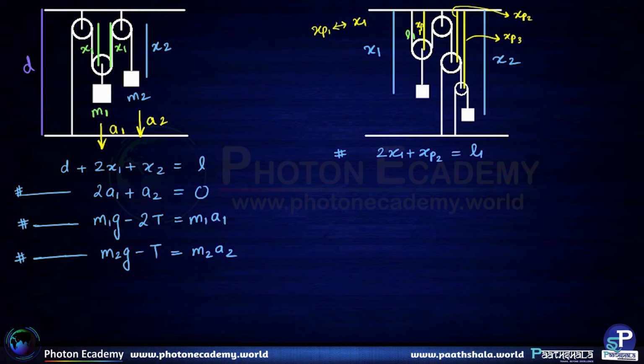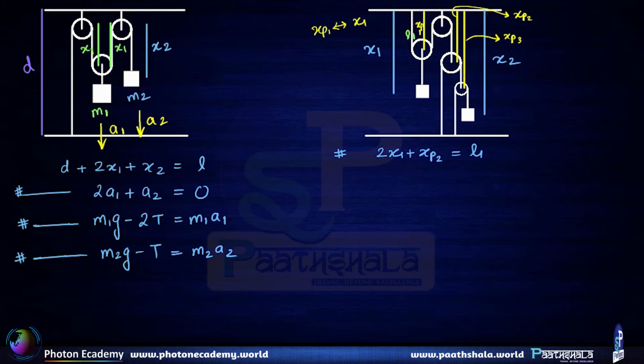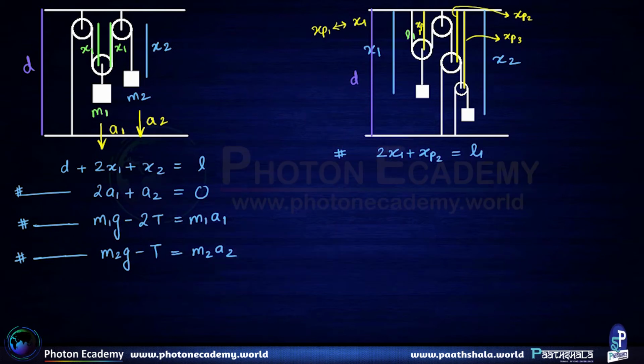Now for the length of the second string, let's say we are talking about the length of this particular string. For that we need to assume that the distance between the two fixed rigid supports, this is the main learning over here, is constant and equal to d whenever there are such two fixed rigid supports. So basically here we can clearly see that this part of the length of the string is nothing but d